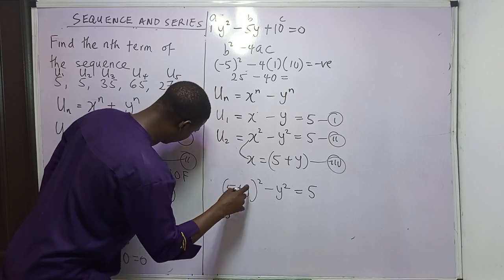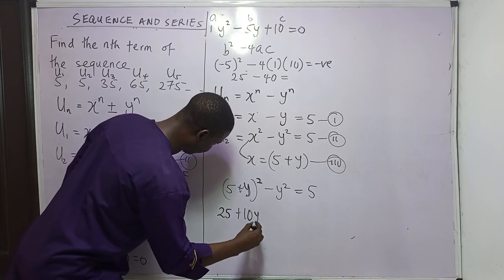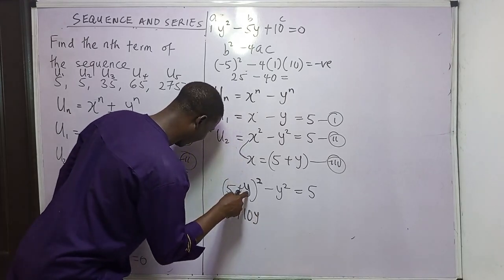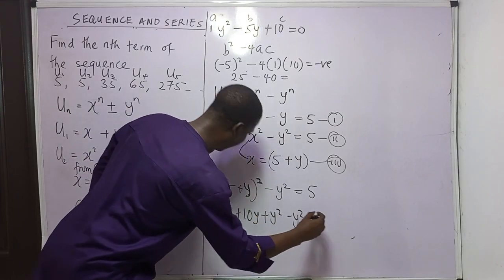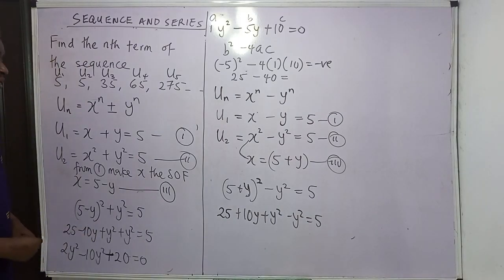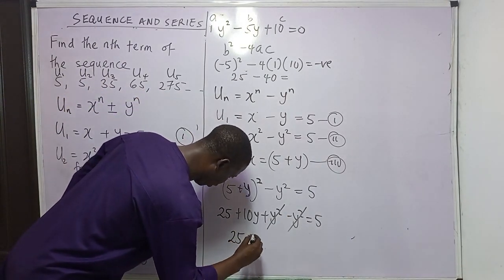5 times y times 2, plus 10y. Then y squared, minus y squared, equals 5. So something can eliminate something here: y squared eliminates this one. So I have 25 plus